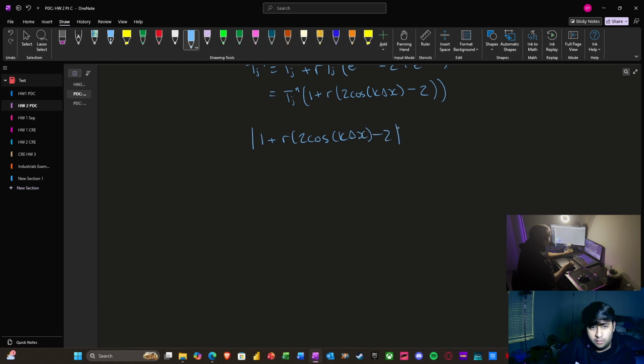Just 2. And we're going to set boundaries for it, so it can't be greater than 1, and then negative 1. And we're going to move our 1 to both sides and subtract it, so we're left with negative 2 less than or equal to r times